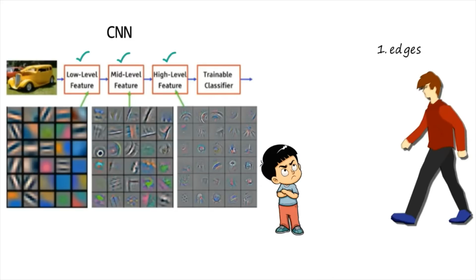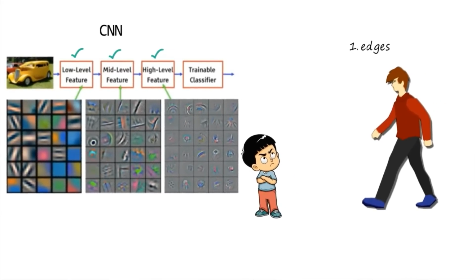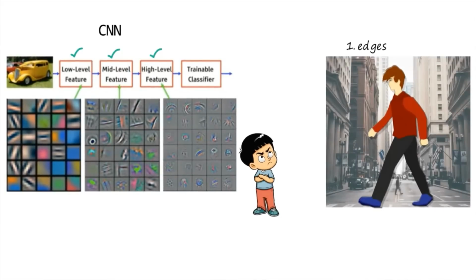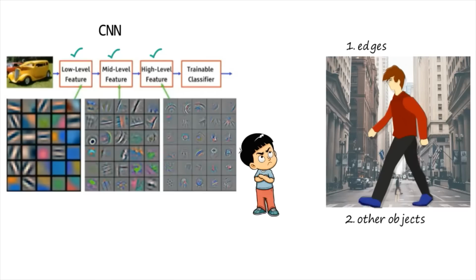This is the first thing that the human eye will perceive. Then what is the second thing? The second thing is that the human eye will try to differentiate the figure from other objects. Means if this person is coming from the road and we have some buildings, a road, then in the second step, the human eye will try to differentiate this figure from other objects. So this is the second thing the human eye will try.